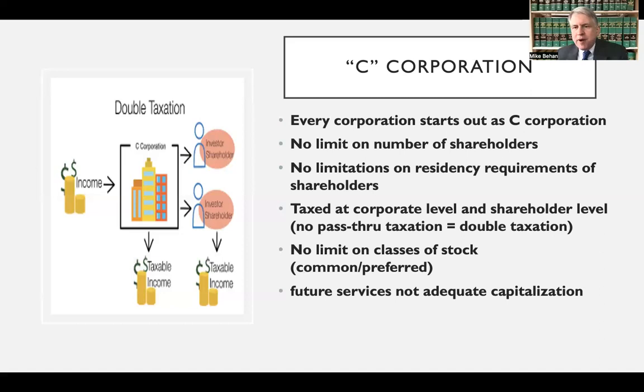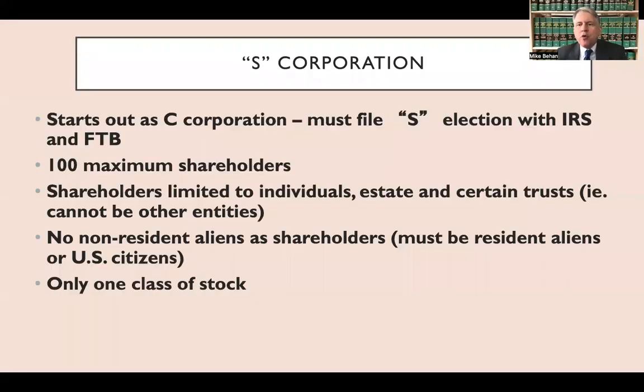Whereas with the S corporation, when the owners of the corporation make an election to file under subchapter S of the Internal Revenue Code, the corporation itself does not pay tax on its income, but instead that which is passed through as income to the owners of the S corporation, the shareholders, is taxed. It's a pass-through of income to those shareholders, and it eliminates what we refer to as the double taxation of